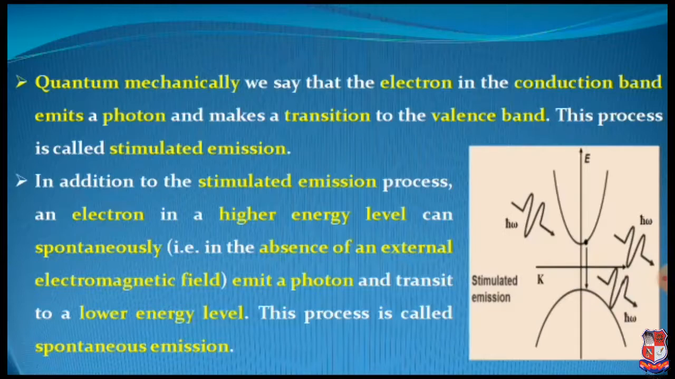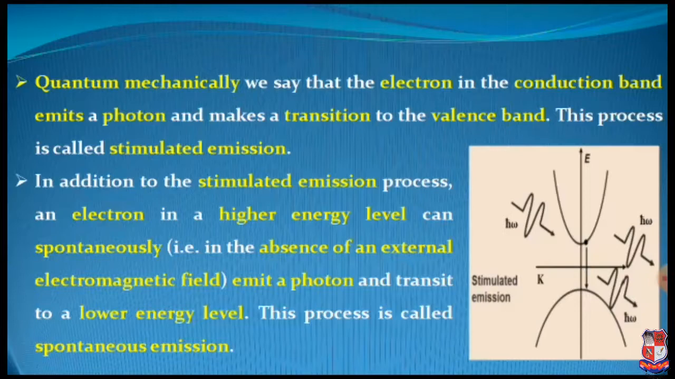So, when an electron loses some amount of energy and travels from the conduction band to the valence band, that process is known as emission, because here the energy is emitted. In addition to the stimulated emission process, remember this is very important, an electron in a higher energy level can spontaneously, that is in the absence of an external electromagnetic field,